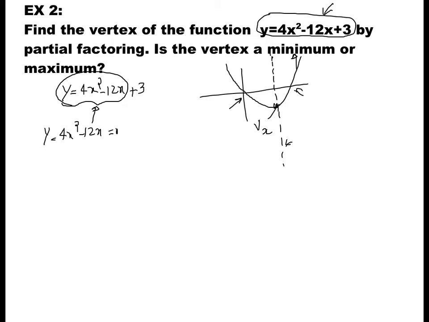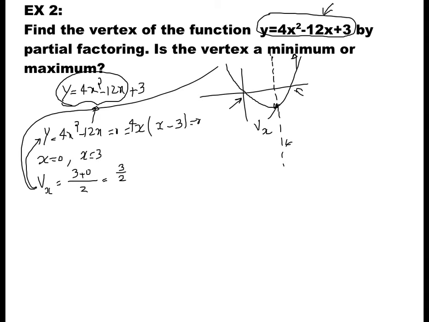the x-intercepts. I'm going to factor out 4x, so I get 4x times x minus 3 is equal to 0. So the x-intercepts are x equal to 0 and x minus 3 equal to 0, so x is equal to 3. From these 2 points, to find the x-coordinate of the vertex, I'm going to average the two x-intercepts, so 3 plus 0 divided by 2, which is 3 over 2. So this is the x-coordinate of the vertex for this, and x-coordinate of the vertex for